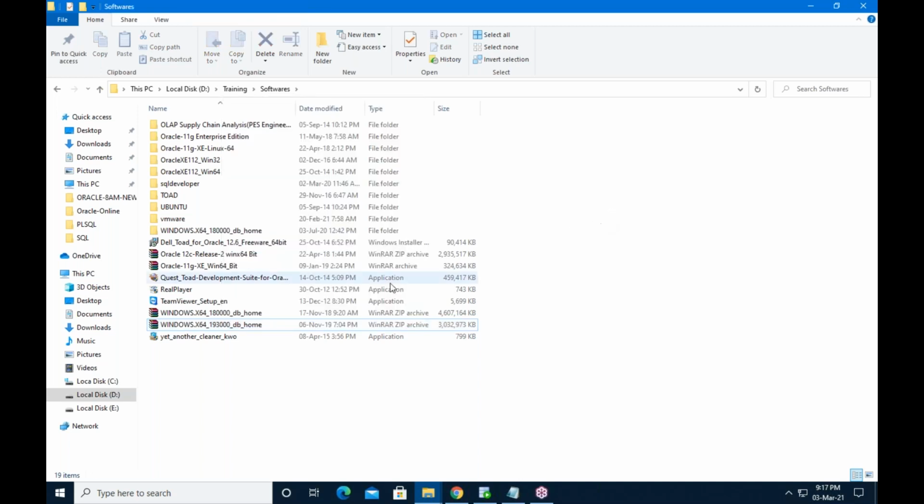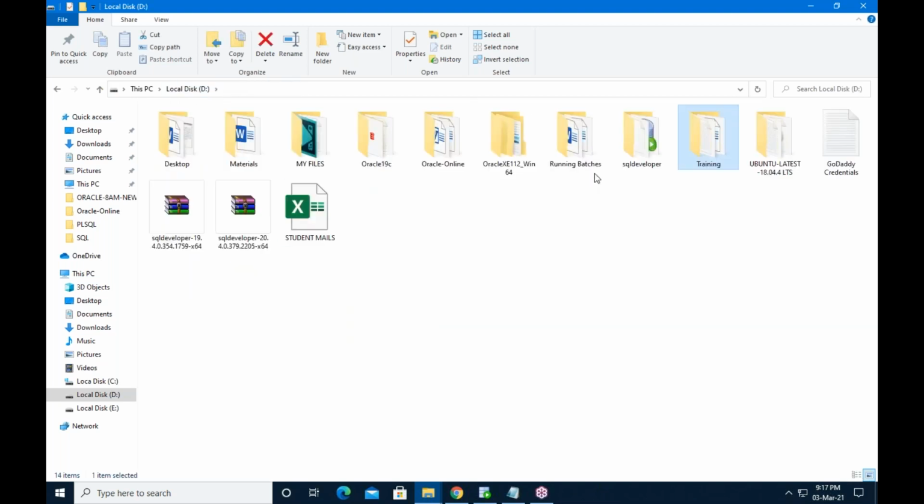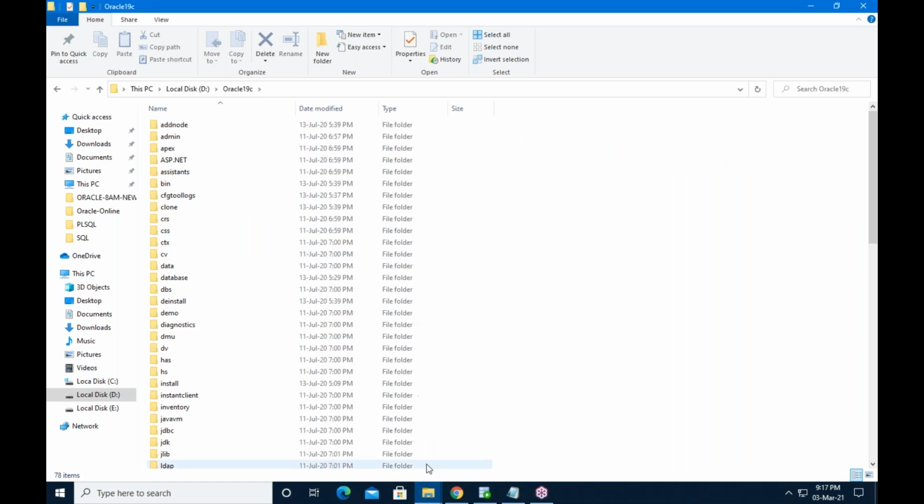Once extracted, you can see like this. So actually I copy and pasted it here, this one, Oracle software, Oracle 19C. If you open that, this is the extracted folder.